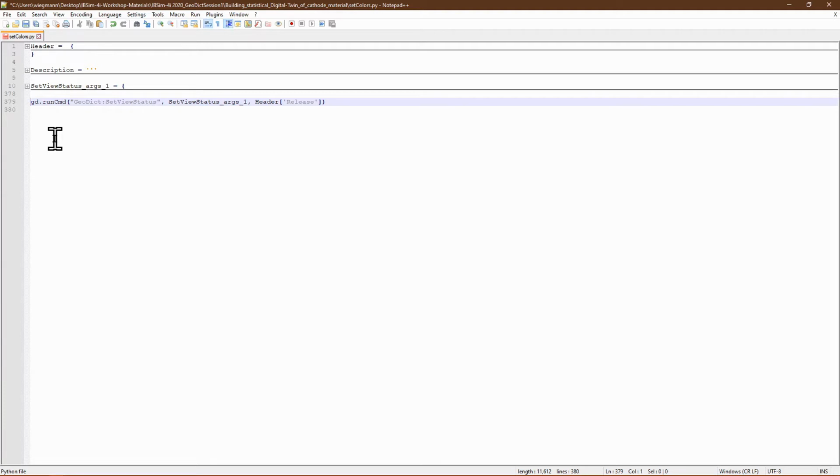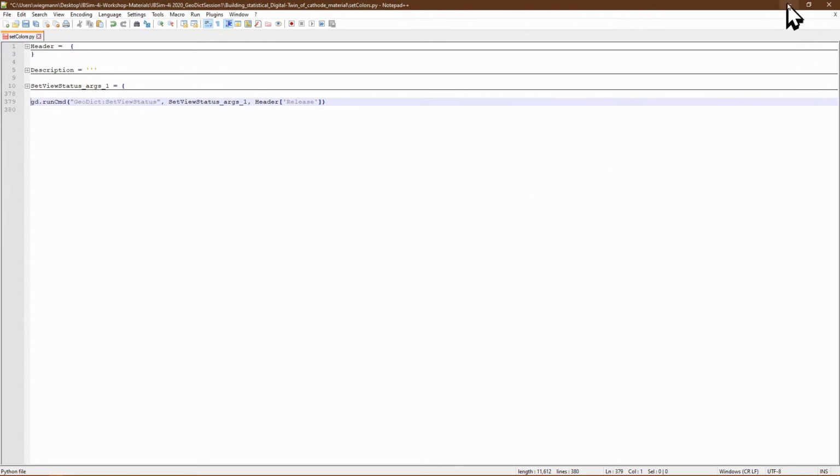We have a lot of arguments of things that we're telling to Geodict that are defined in this large block up here. And then we need to tell it to actually use all that. And so there's something called a command for Geodict, which is called set view status. And we're calling this command with the syntax, and we're giving it all the arguments that were defined in the previous section. And of course, there's a lot more about macros and automating Geodict in this fashion, where you can have a sequence of such commands, and all of the Python's powerful scripting language in the last session on Tuesday afternoon.